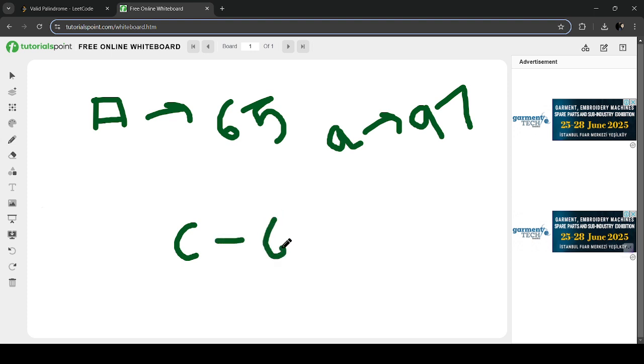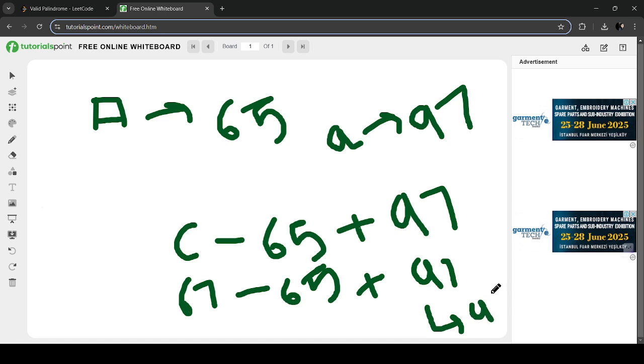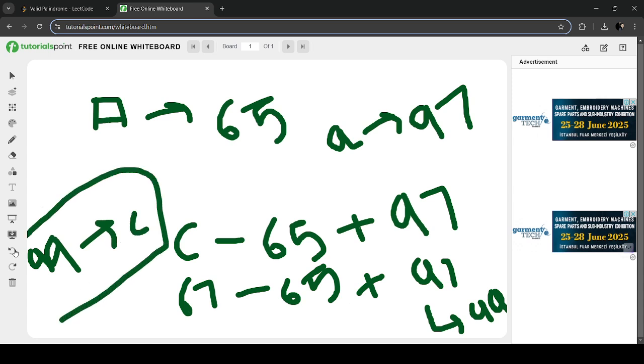C minus 65 plus 97. What is the value of capital C? 67. Okay. 67 minus 65 plus 97 gives me 99. 99 is what? It's c. So we got small c converted easily.